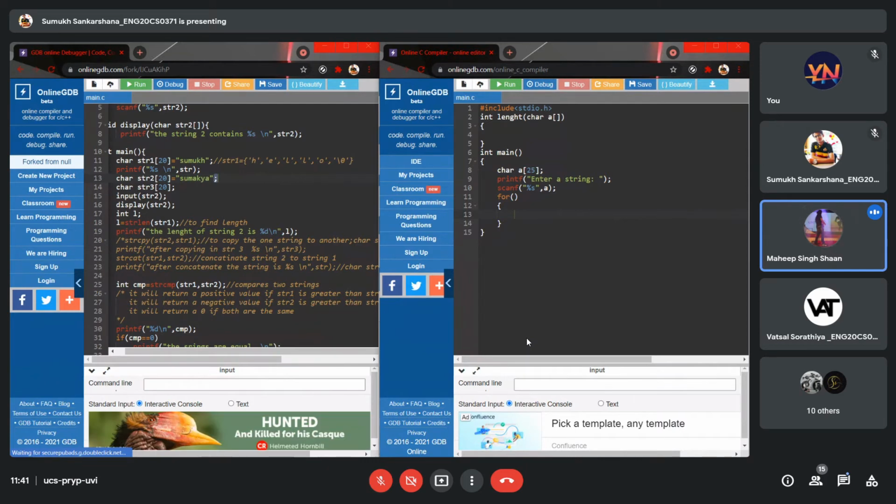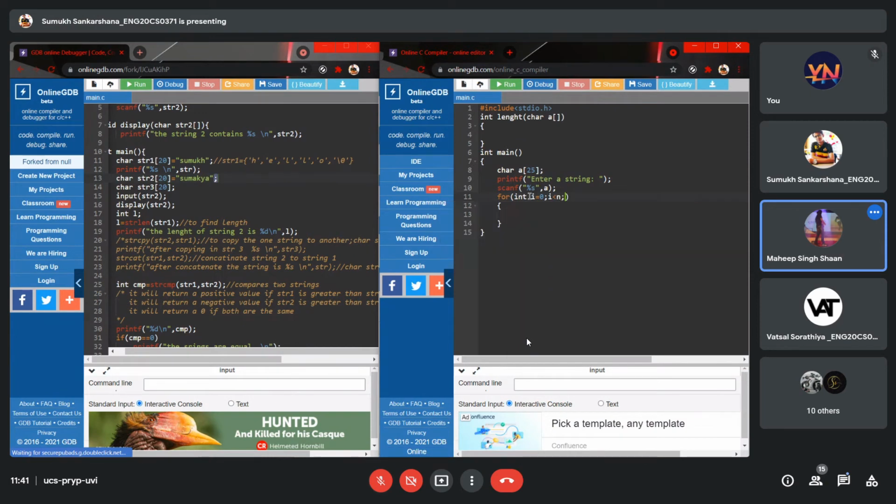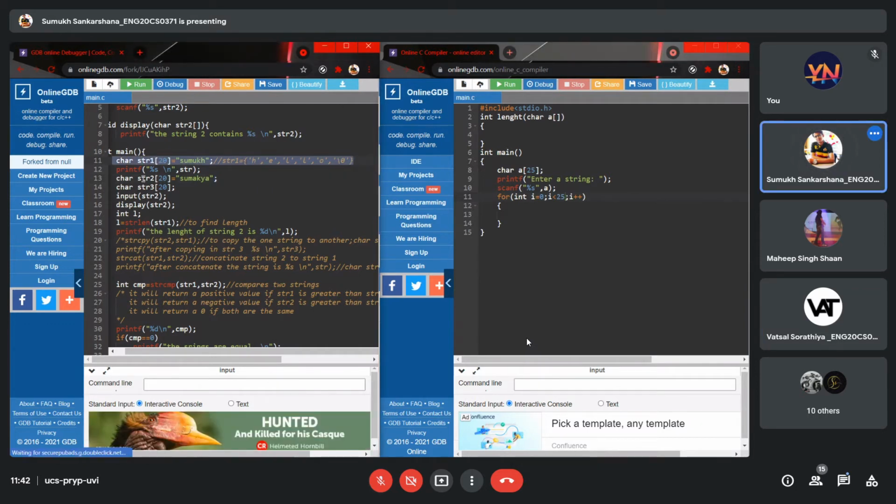But now what you have to focus on is, see, char a bracket has 25 written. What is the length of the array? 25. So instead of n, what can come there? N is equal to 25. So can we do it as int i is equal to 0, i less than 25? Should we do that or just try optimizing it using this basic? This first line will tell everything for you.